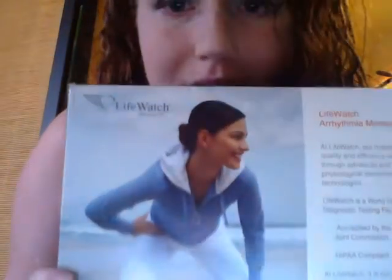Anyhow, I got the LifeWatch monitor in this pretty little box, and it says LifeWatch, and then it gives their mission, which is basically to improve the quality and efficiency of healthcare delivery through monitoring technologies. It says LifeWatch is a world-class independent diagnostics testing facility, and they have their number. And then with your LifeWatch monitor, if you have to wear one,